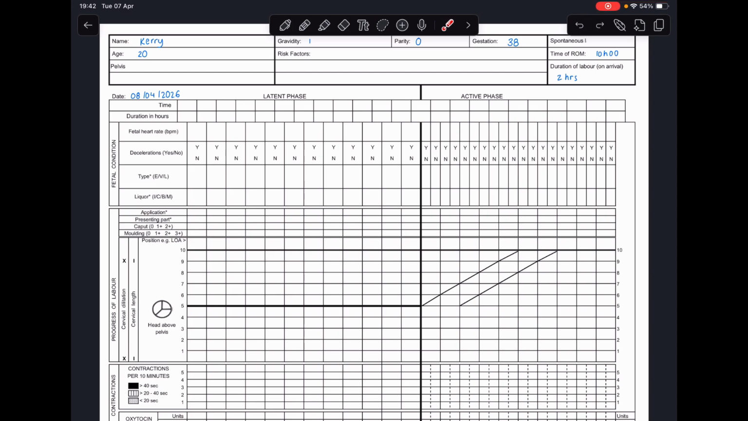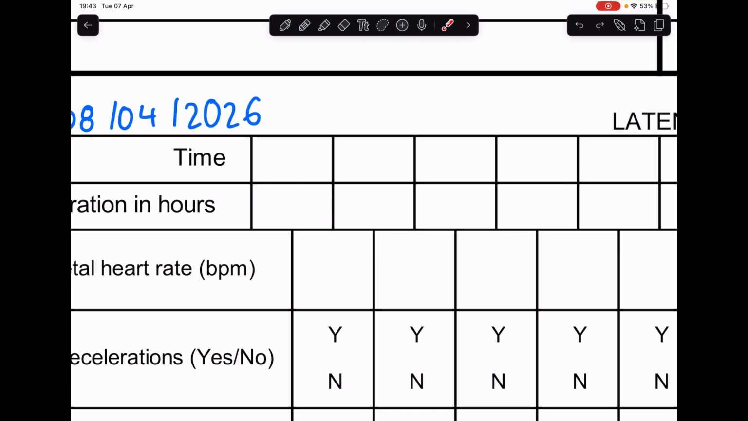According to the most recent version of the guidelines, the latent phase comprises of blocks that represent 2-hour intervals, whereas the active phase represents 1-hour intervals. According to the clinical scenario, the patient was examined at 1 p.m. Therefore, it should be filled in as follows. The first block should indicate 1 p.m., then 2 hourly afterwards, so 3 p.m., followed by 5 p.m., and so